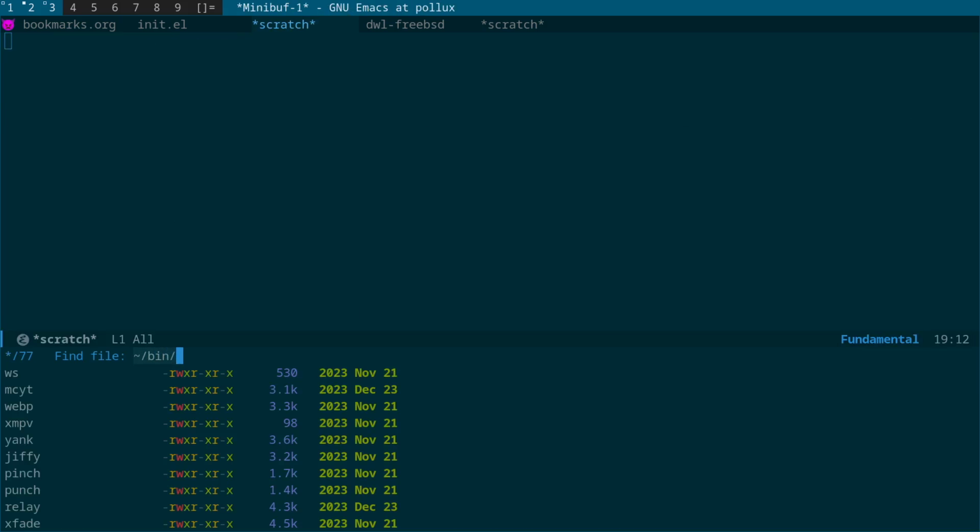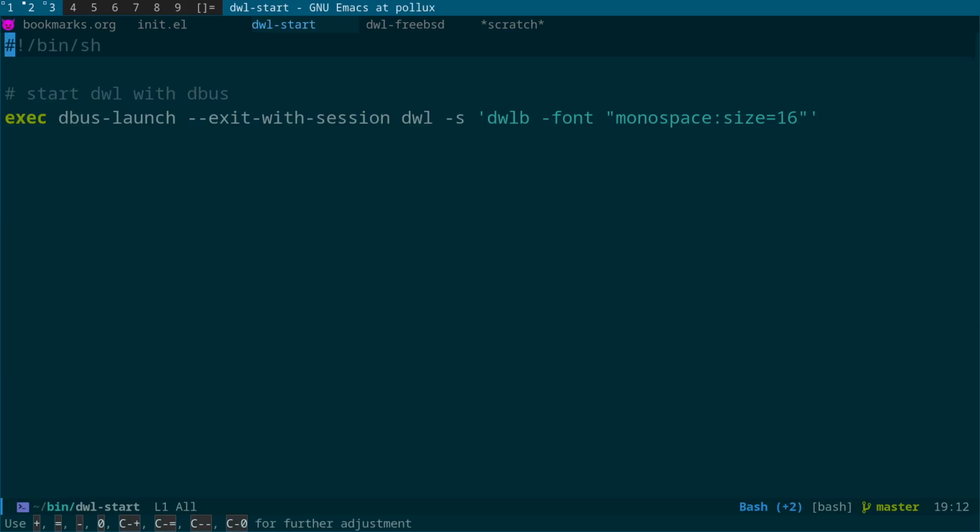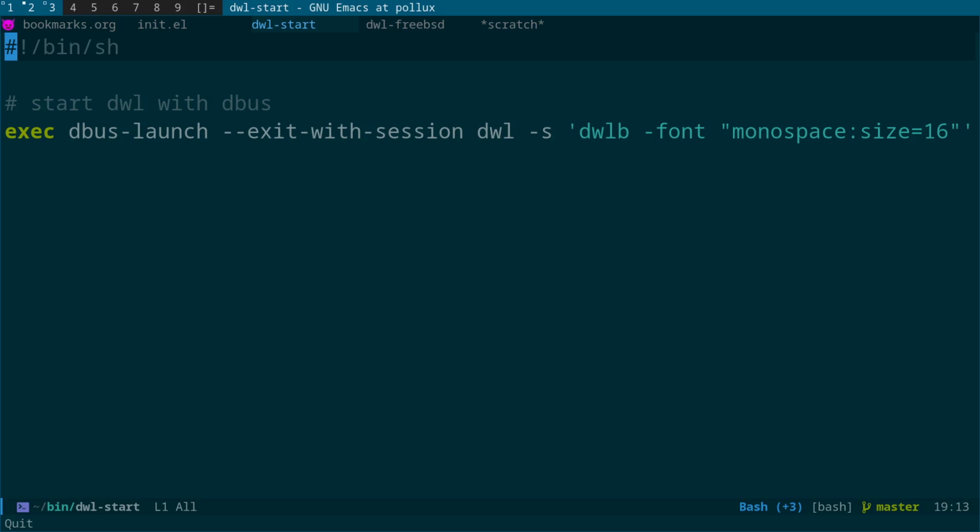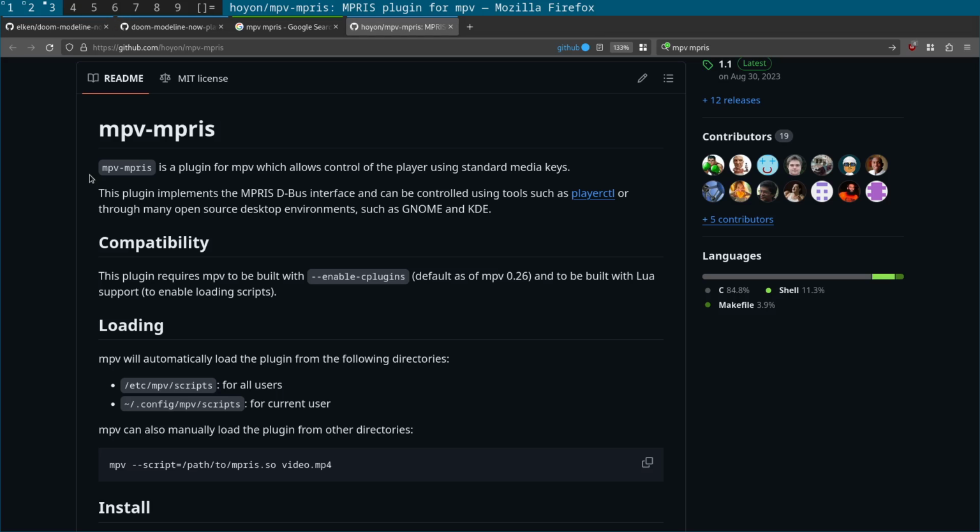and DWL start. And the way that I actually start DWL on FreeBSD is I log in at the console and then run this DWL start script, which runs exec dbus-launch --exit-with-session dwl -s, and then, you know, setting the font. This DWLB is the actual bar up here. So that's how you would start DWL or any sort of window manager on FreeBSD or Linux. But you need to make sure that dbus is enabled for mpris to work, and then you can use playerctl